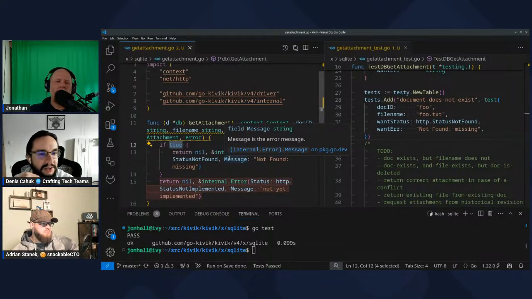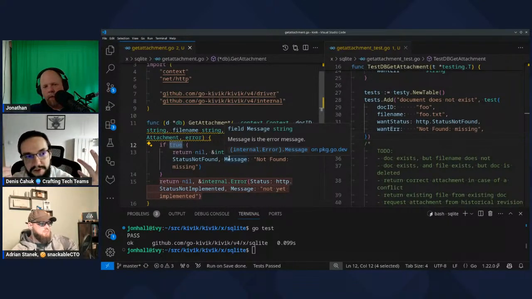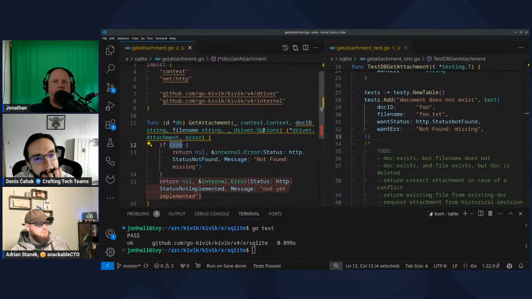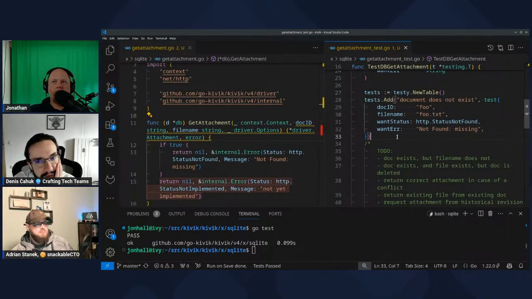Because we didn't say the document does not exist. What kind of test is that, right? Because I can give you a document ID that has foo.txt, and I can have foo, and there it will exist. So then the test should not fail. The test should be failing if the setup was correct, but it's not. Okay, so how do you want to proceed next? New test. I would commit here if you're committing.